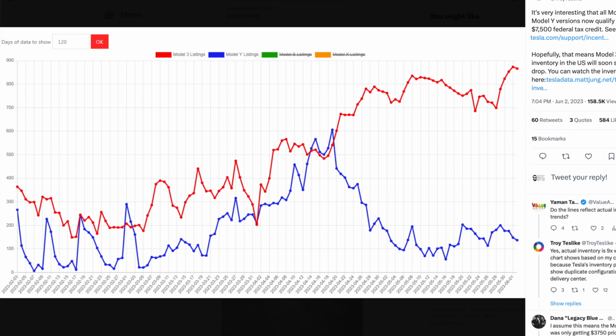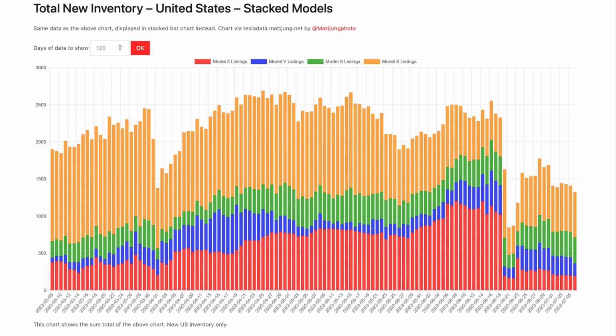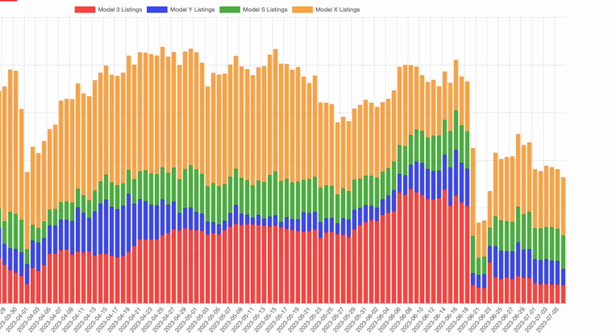But these are new offers and this is what we're looking at. Now, pivoting over to inventory, I think there's an interesting story to be told here. As we closed out the last quarter, Model 3's absolutely flooded inventory. But we're seeing that slow down now. And even looking at my own inventory locally, there is not quite as much inventory as there was at the